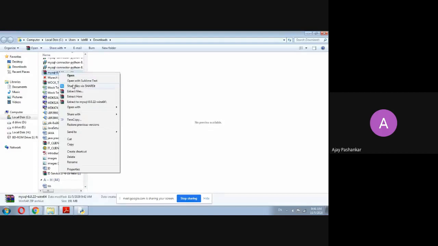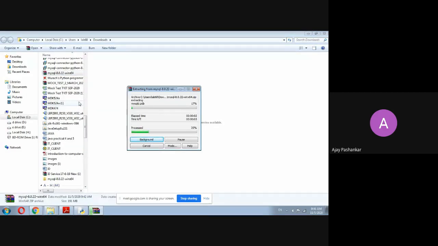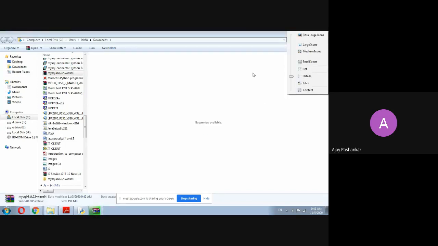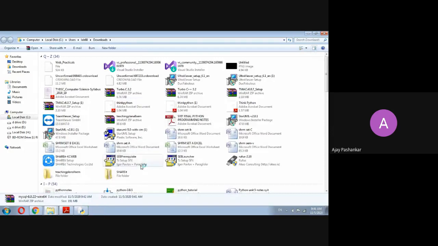So MySQL extract to a particular folder. I'm just extracting that. It will take a small amount of time. It is better to extract that thing.